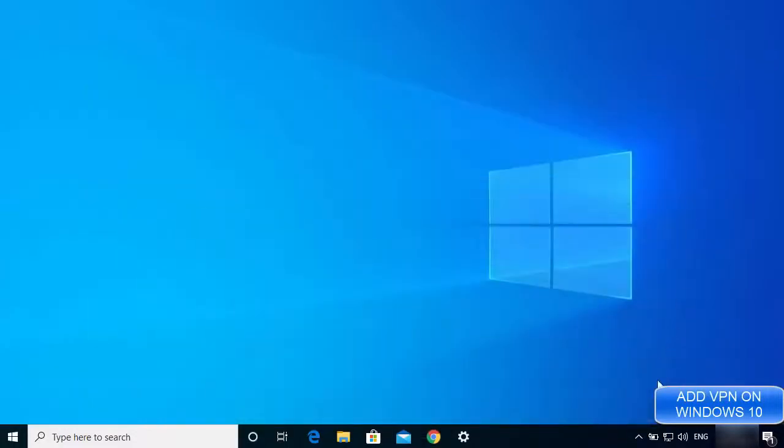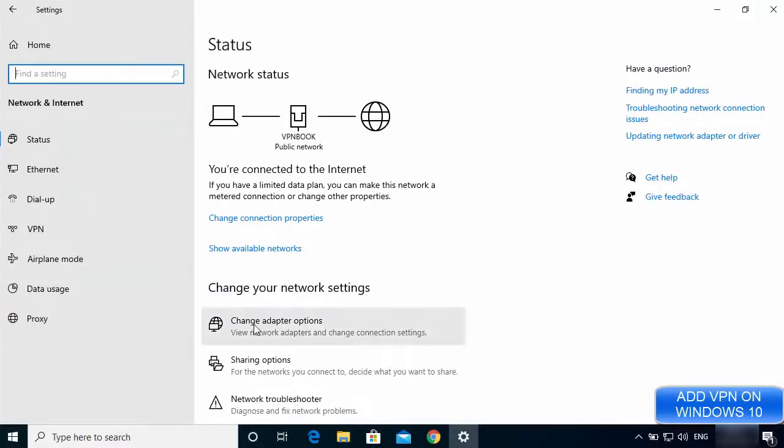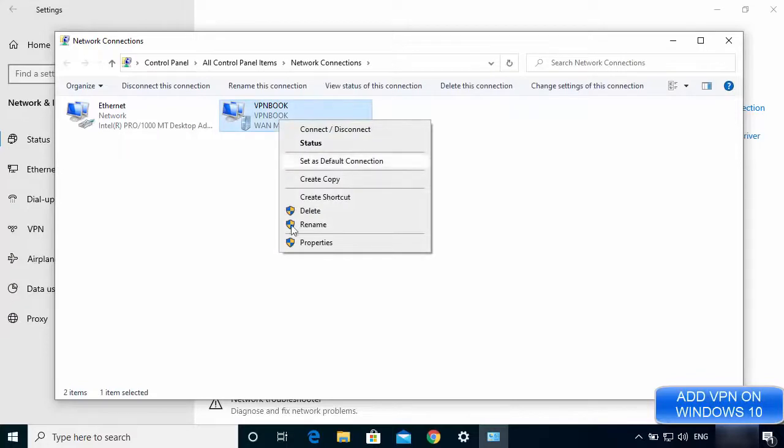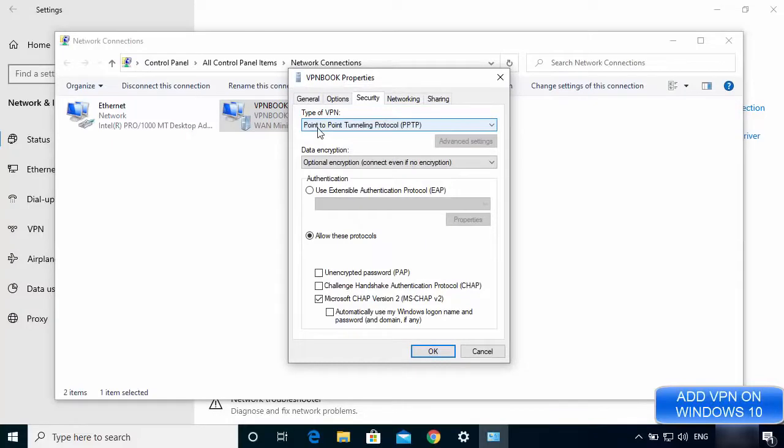Also, let me minimize this browser, and when I go to my network settings, so right click on your network icon here and then click on Open Network and Internet Settings, and here you can go to Change Adapter Options, and you will see here the new network will be created, which is for the VPN Book, which we have just created. So if you want to know more about this, you can right click on this and then go to the properties, and then in the security you can see that it's a point-to-point tunneling protocol, PPTP protocol,